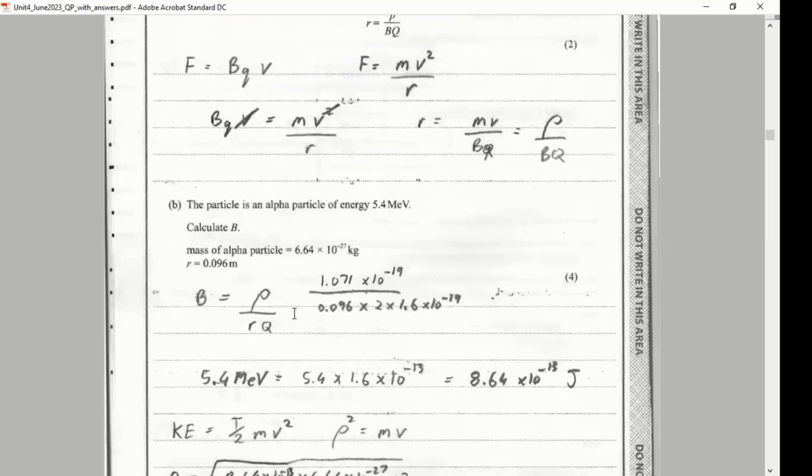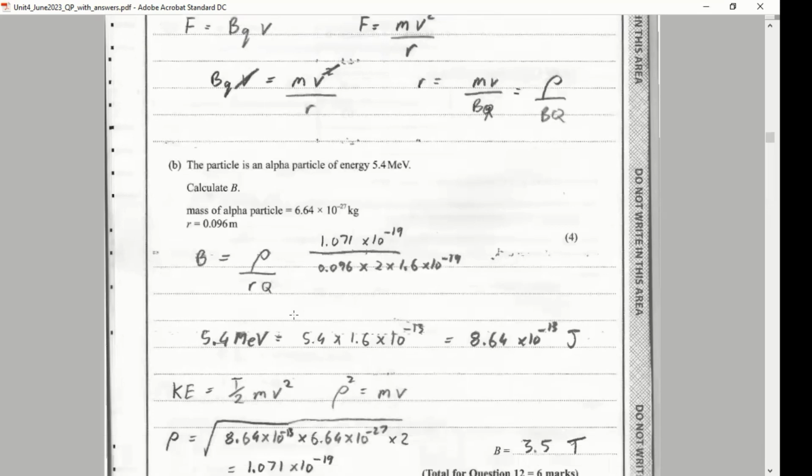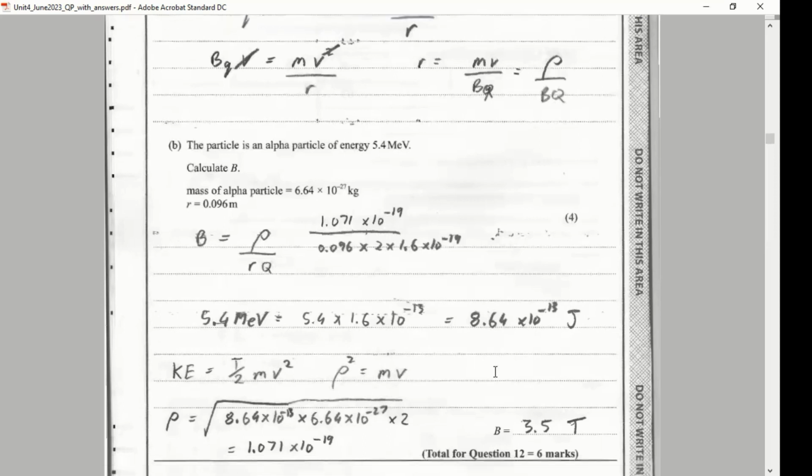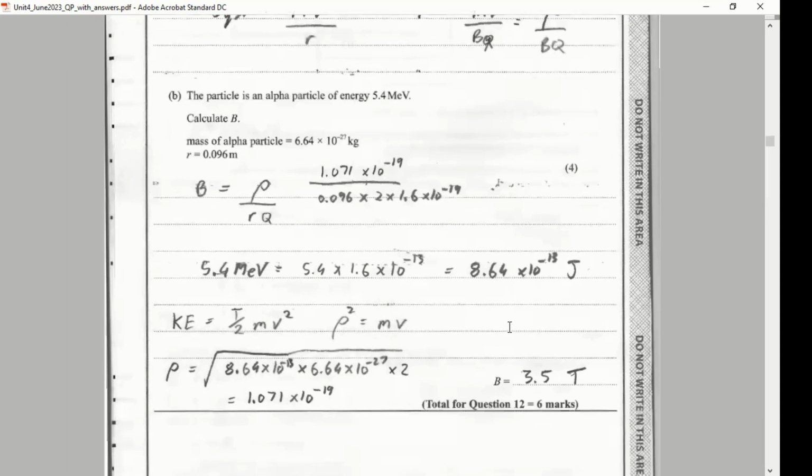Now, the question is, you haven't been given the momentum of the particle, but you should know 2 ways we can work this out. We can either turn the energy of 5.4 MeV into joules, and then work backwards to find the velocity and multiply by the mass. That's method A, which I try to avoid doing, because you shouldn't need to calculate velocity unless they ask for it. The quicker way of doing it is to know that momentum squared